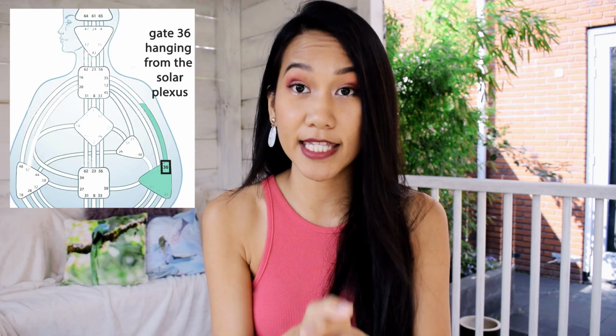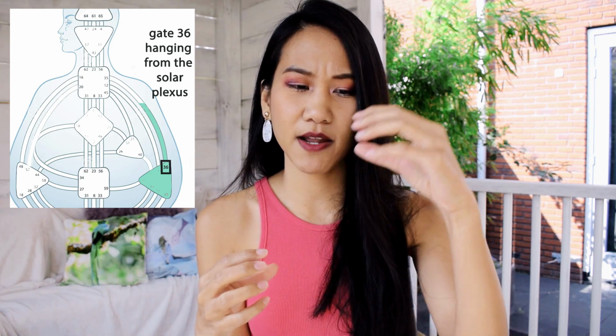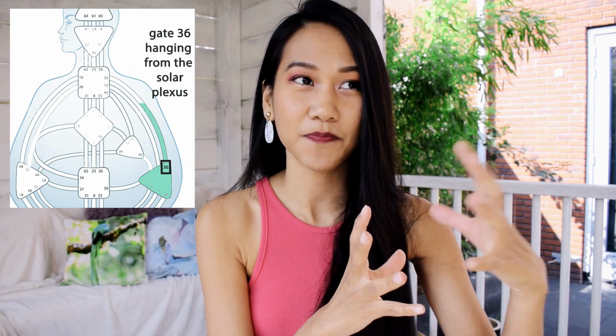When people have an open throat and there's something hanging from the throat, they're trying to meet you where you're hanging in your hanging gates. And if you can display your gifts and people can recognize your gifts, they're going to be drawn to make the two hanging gates connect energetically. So for example, if you have gate 36 from the emotional solar plexus, and gate 36 is trying to make its way to gate 35, but it's not, and so you have an open throat because of that.